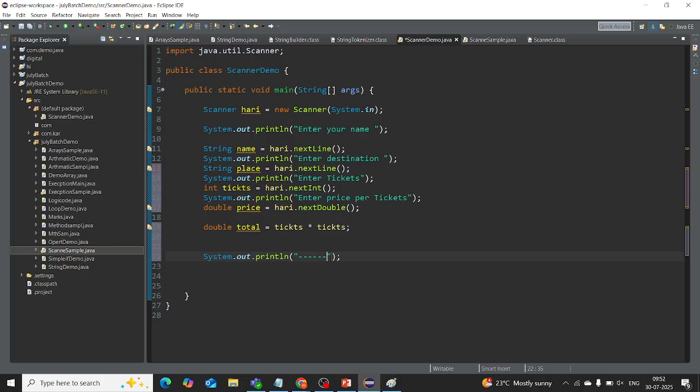Let me write bus ticket info. Now let me write System.out.println, passenger name. Okay, passenger name, whatever I gave the data